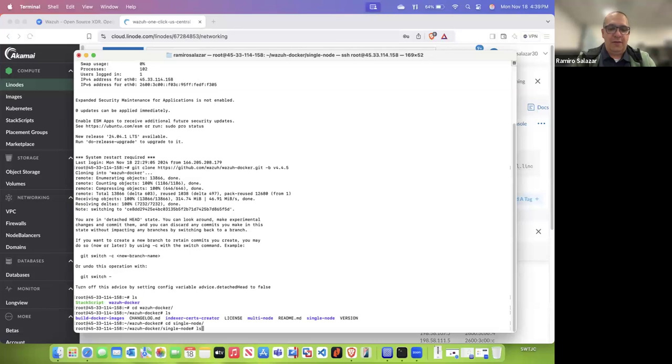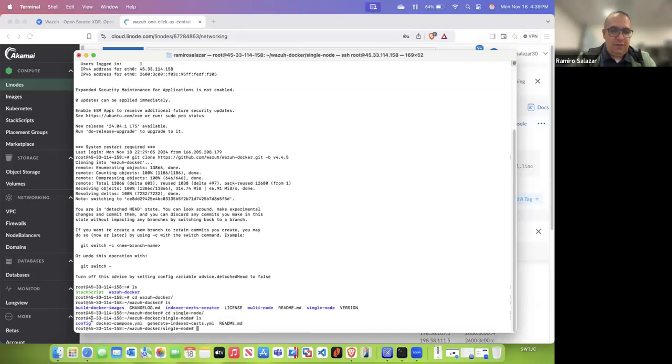And if I do ls right here, I have a lot of different files and folders. You'll see that I have a config folder. I have a Docker compose YML file. I have a generate indexers file. And what I'm going to do next is see if I can get the desired certificates for Wazuh by typing this command,